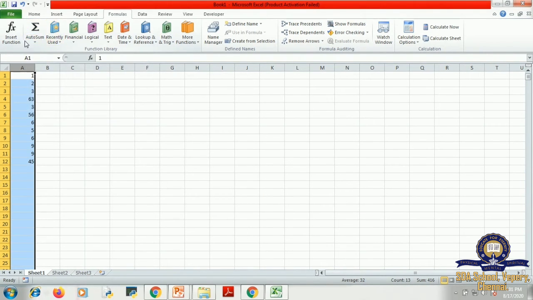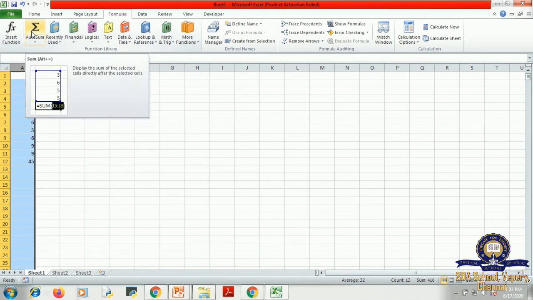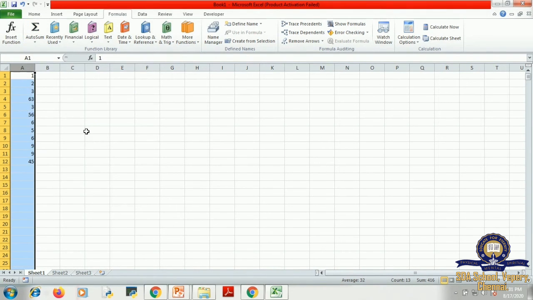Now you understood. So what happens here? See, it is showing how the value is being selected and how it is being added. It is telling me that A1 to A12, like that the values will be added here. And it is giving me all three functions at a time. This is the best functionality of AutoSum.